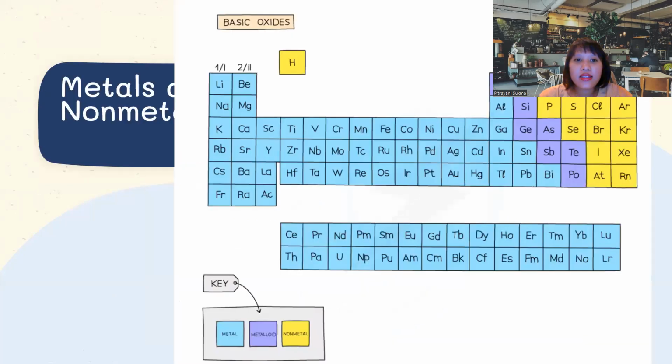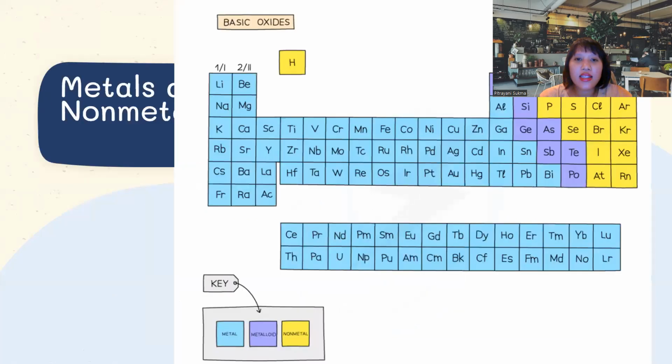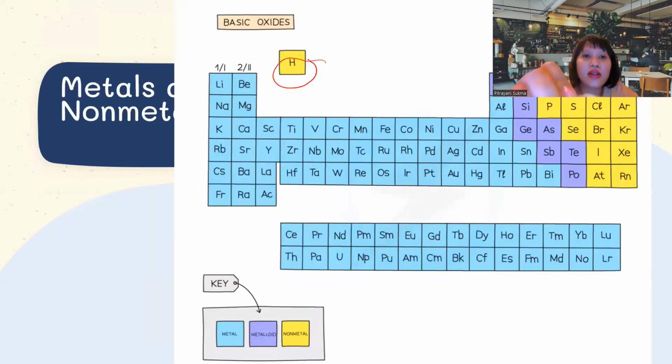Okay, so we can see this one. It is about hydrogen. So hydrogen has one shell, and this is hydrogen in the periodic table. They have one shell, and then they have one electron only. So as you remember from our first slide, our first topic in this presentation, the full electron configuration of the first shell is 2.